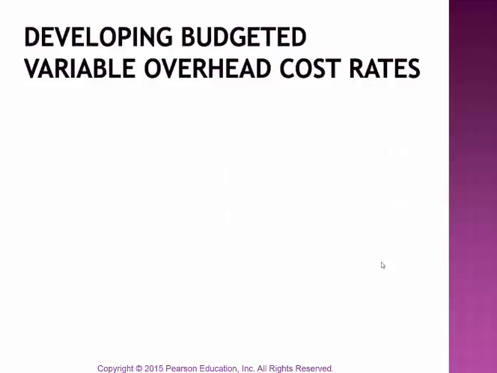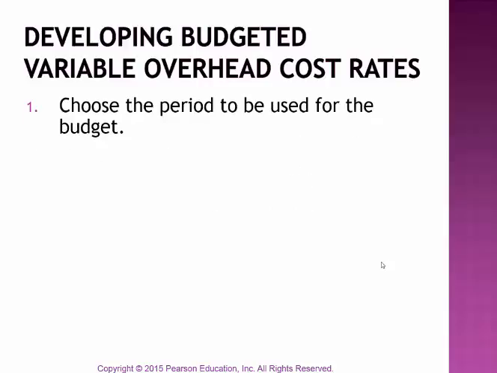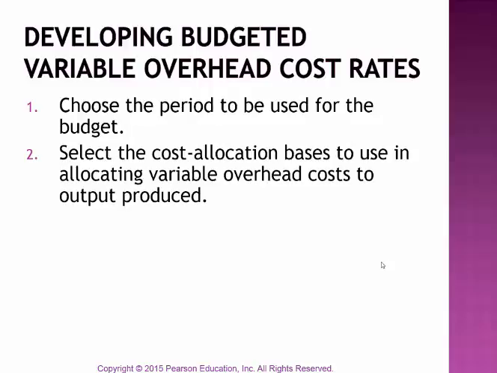All right, let's look at our variable overhead cost rates and how we go about putting that together. We've got a 4-step process that we go through. Of course, step 1 is to choose the period to be used for the budget. Typically, we are talking about a 12-month time frame. And we will then come up with the cost allocation base that we're going to use in allocating variable overhead cost